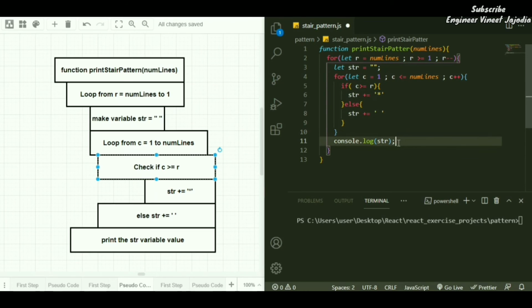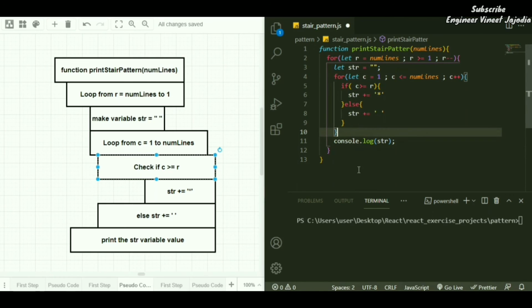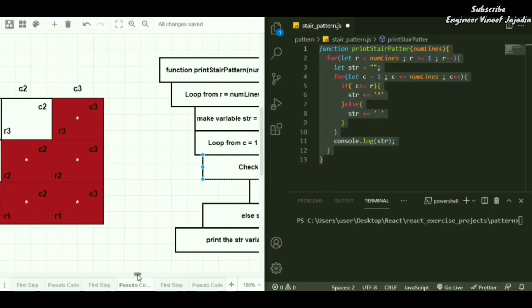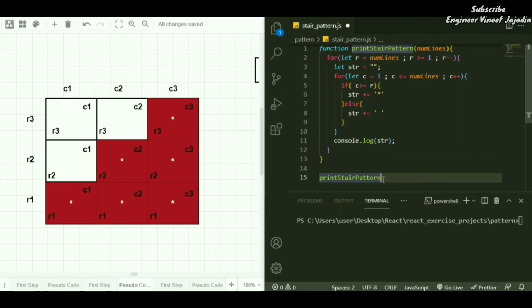Okay. So we have finished all the pseudocode lines and we have written the program of the str pattern. So this is the program for this pattern. Now we are going to test it with the help of some examples. Let's take printStrPattern, then pass it 3 and save the code.